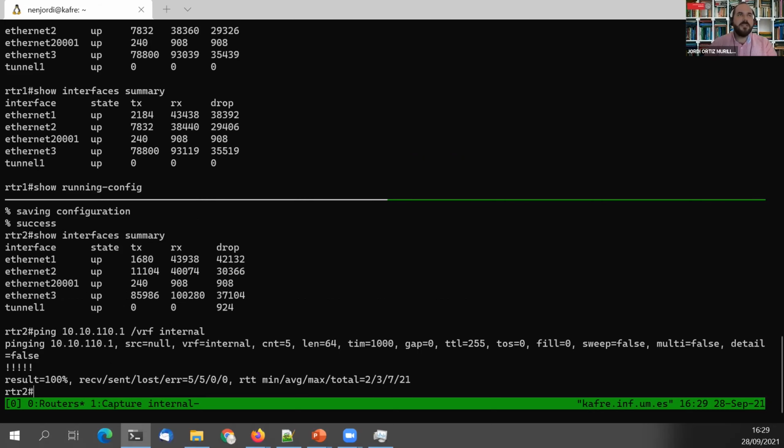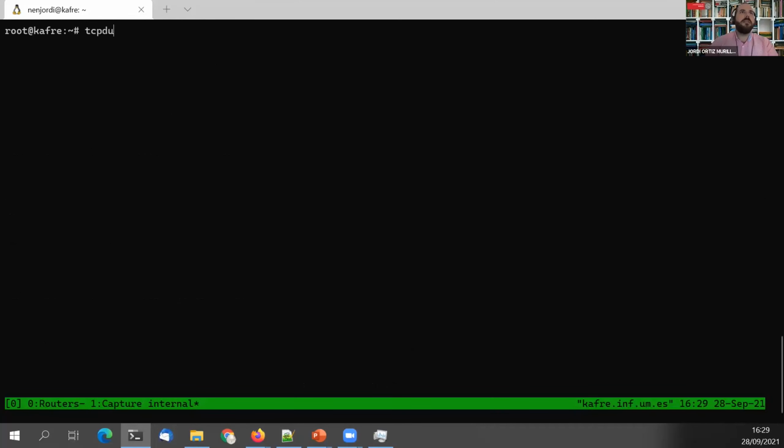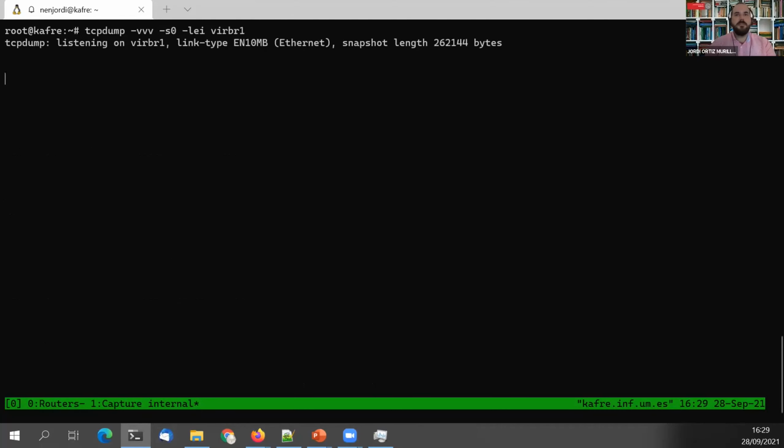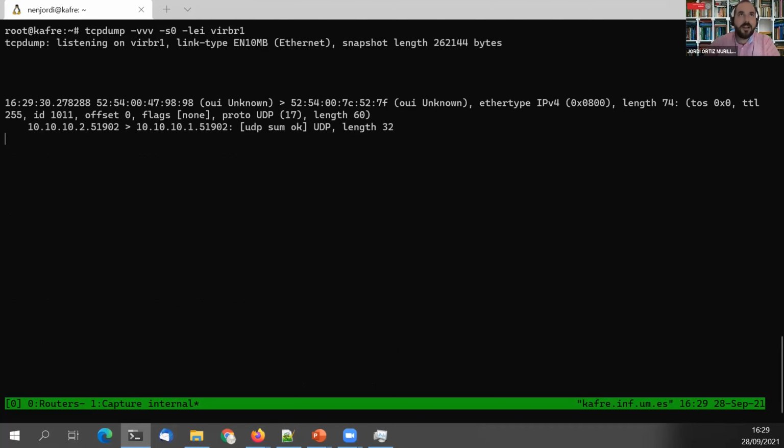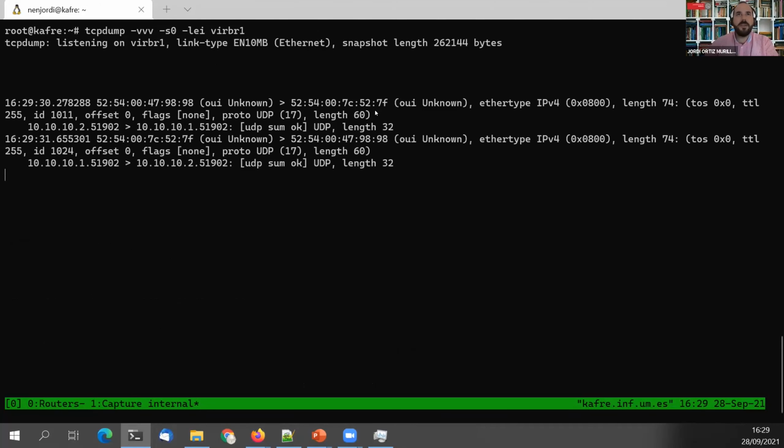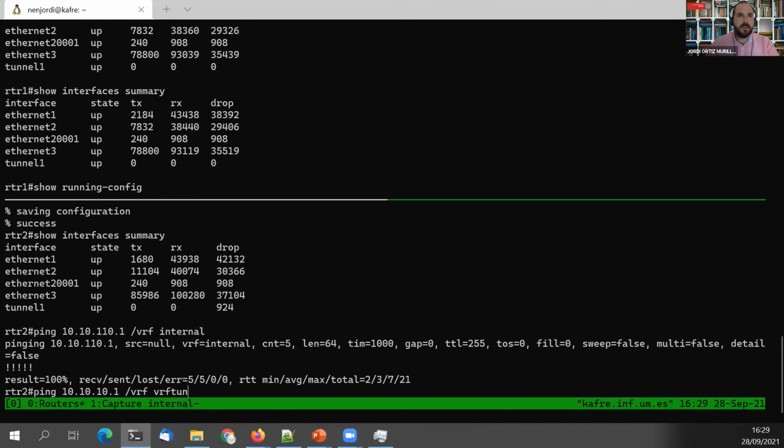So the idea is to show that basically if we try to ping and one with VRF stand, right? If we do this, I'm going to just see the traffic there. Well, we see some traffic here. If we just ping like this,